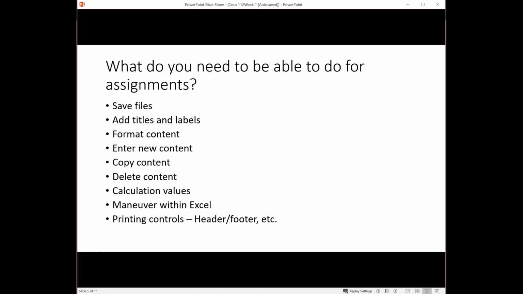So let's take a jump over to Excel and talk a little bit about the format and the layout of the Excel